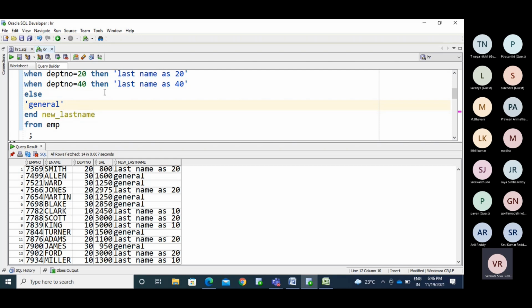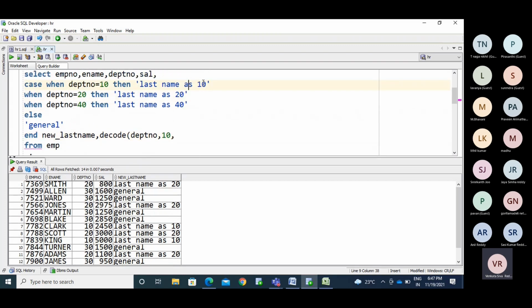What are the things we are performing here? You can check with a similar kind of functionality. We have another function, that is decode. Decode of column name. So this column value matches with the 10. How you mention it, like 20, 30, 10. This column value matches with the 10. So pass it like a